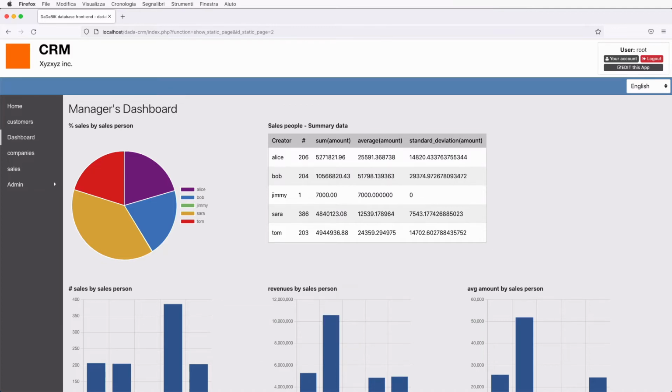It was a classic CRM application that you can use to register leads and prospects. You can convert them into customers. You can register the communications you have with them and the sales. We created a dashboard that you can see here, by the way, and we had 3 user groups: admin, salespeople, and sales managers, setting different permissions for each of them.